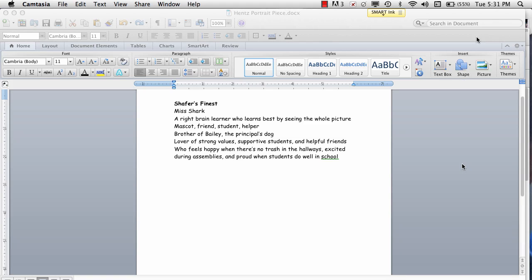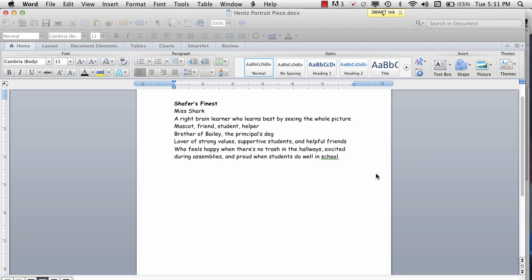This is a refresher on how to complete your portrait piece. So the first thing you need to do is you need to have your paper, of course. And then you're going to open up a Word document. And the first thing you're always going to do once you open a Word document is you're going to go